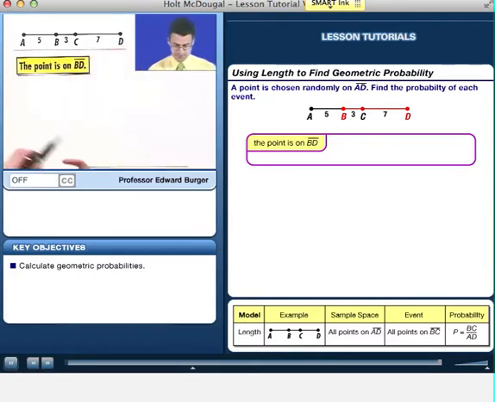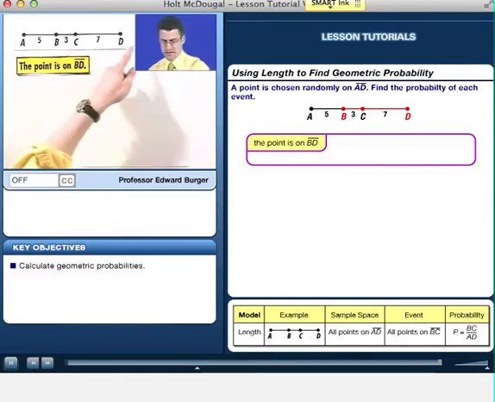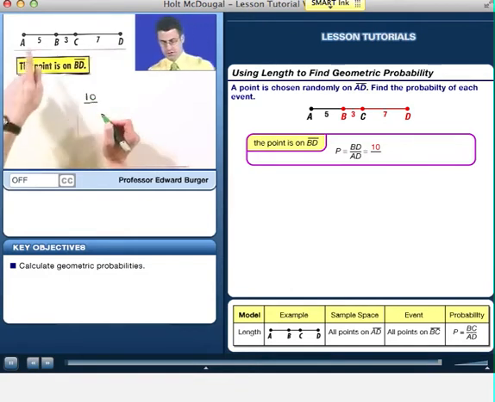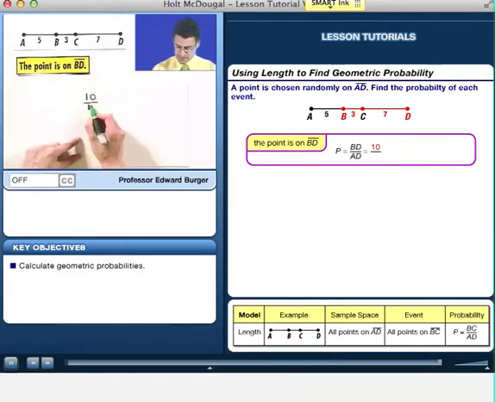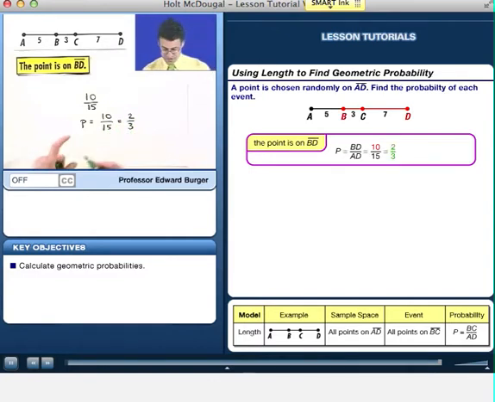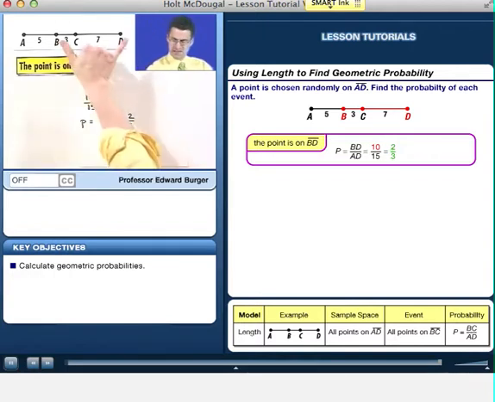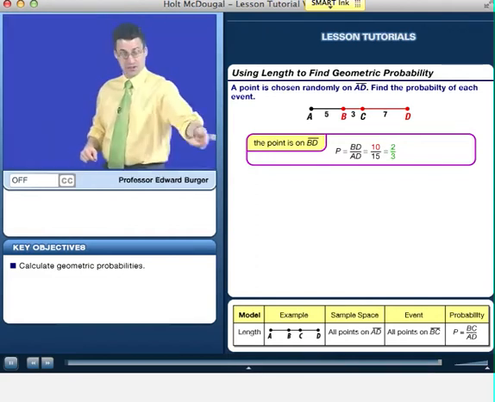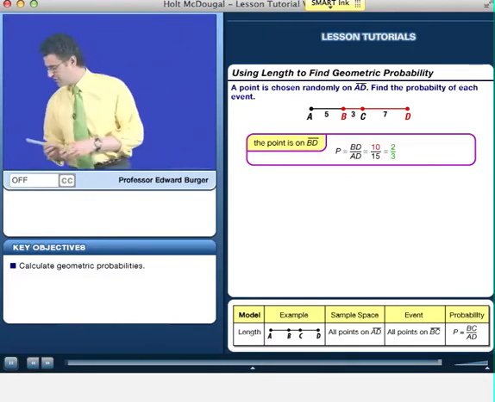So the probability would be the length of BD, which is 3 plus 7, or 10, divided by the total length, which is 15. So the probability will equal 10/15, which we can simplify to 2/3. So it's 2/3 chance, so about 66% chance that I'm going to pick in here, which makes sense, because that certainly looks more than half. If I'm going to do it sort of at random, I think that I'd get in here a bit of the time. Let's try another example and see if we can figure out some more geometrical probabilities,